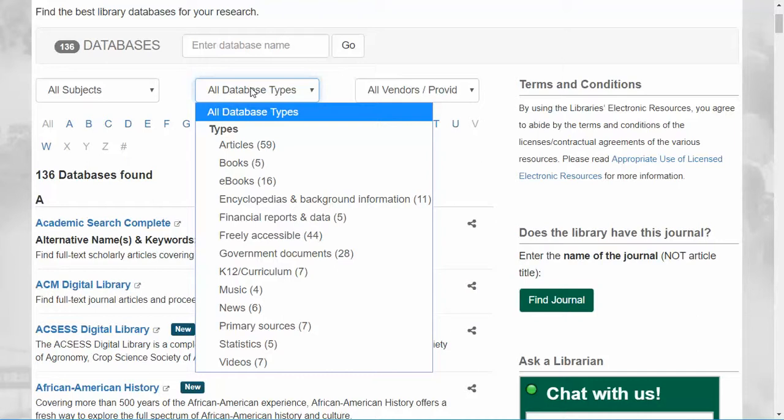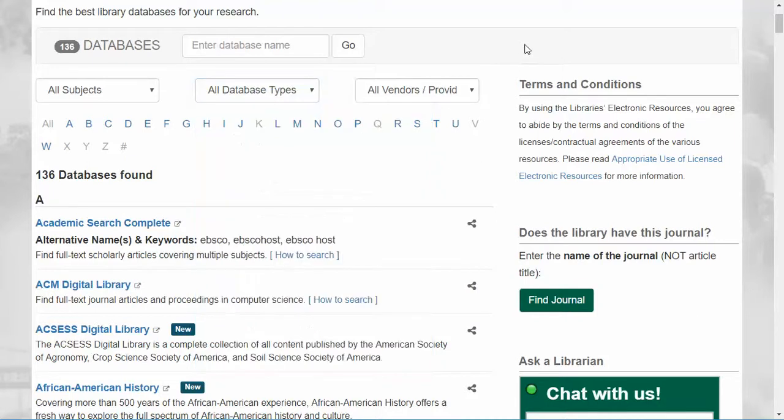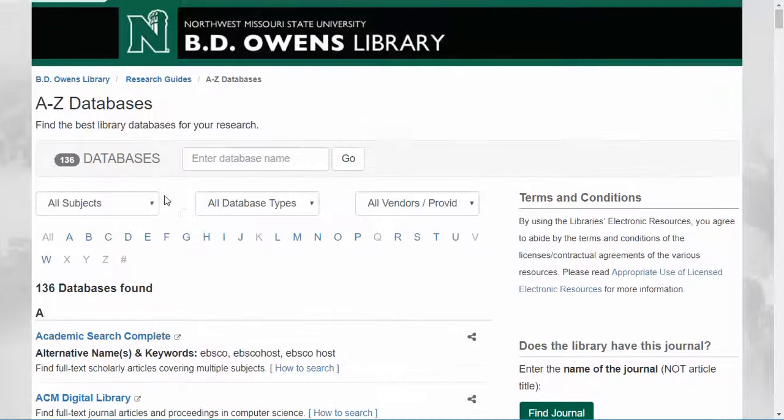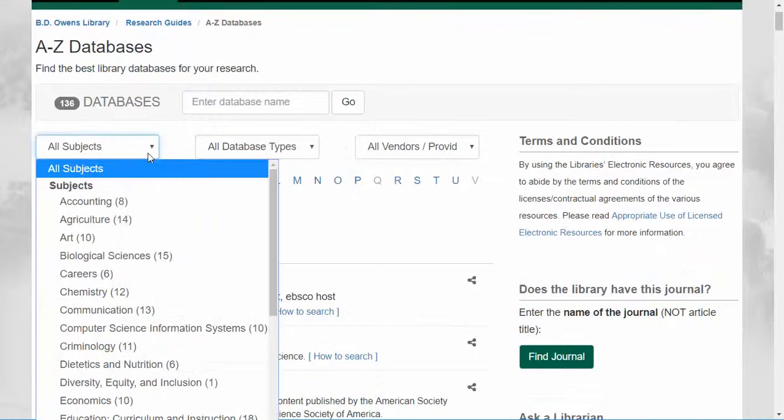The majority of the databases on this list are not freely accessible unless subscribed to by a company or a university. Their content cannot be searched or viewed by a search engine like Google without payment. This is why off-campus access requires the verification of an NWMSU S-number email address without the at nwmissouri.edu included and your email password. Click the drop-down All Subjects box